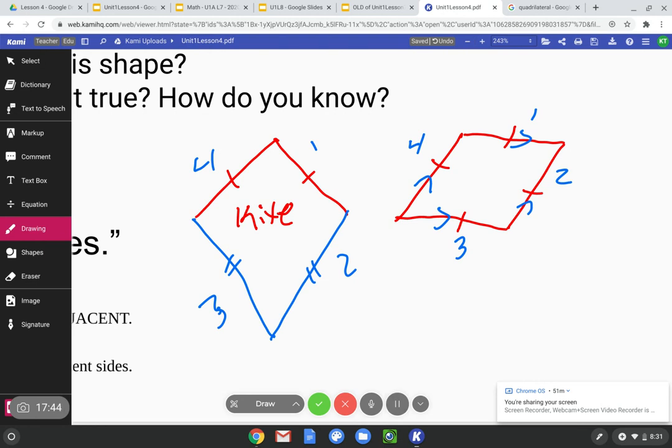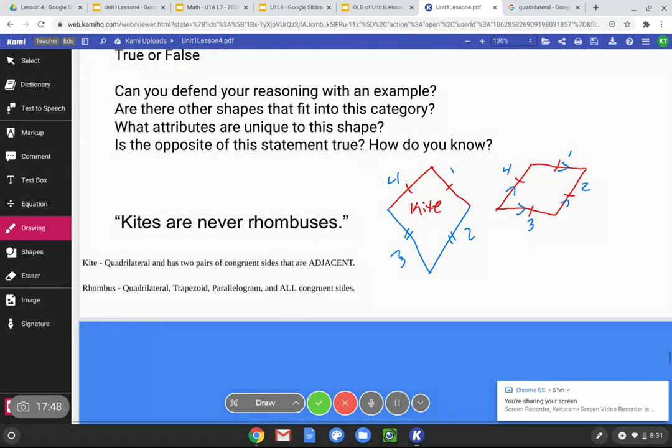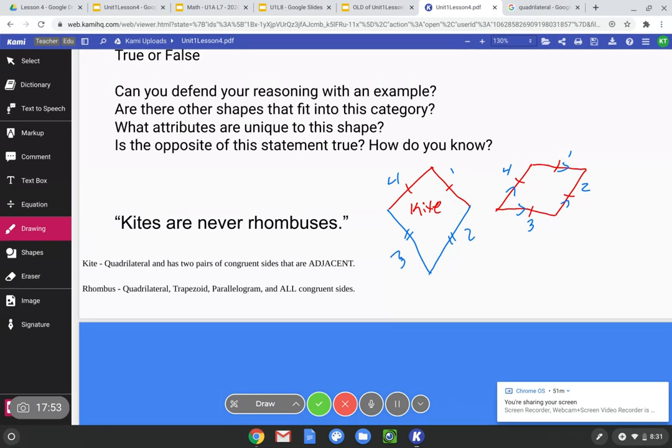So let's look. Based on this image and the rules and definitions that we have on the left, is it possible for a rhombus to be a kite? Well, remember, I'm going to take y'all way back. Do y'all remember on the first or second lesson where we asked, does the orientation of a shape affect its attributes? We said no, because the attributes stay the same whether or not you put a rectangle on its side